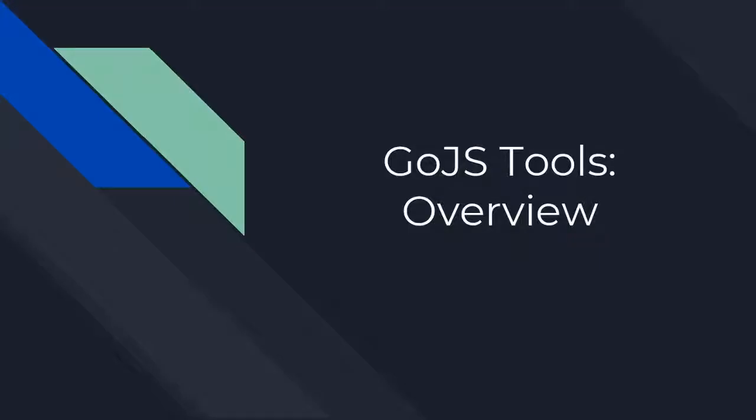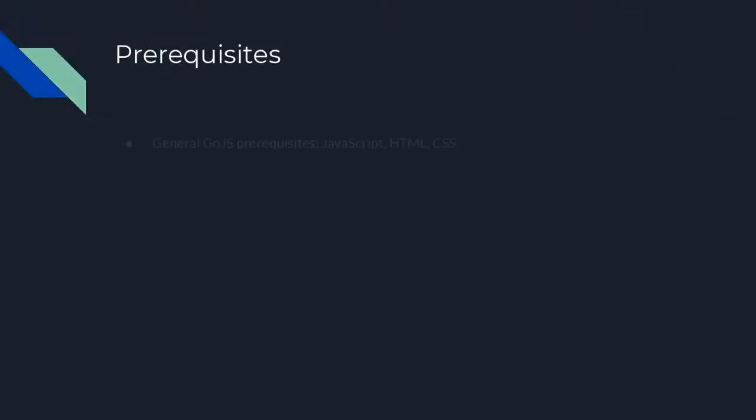This video will broadly explain what tools are and how they work in GoJS, covering some basic class properties and functions. Further detail on specific tools can be found in our other tools videos. Using GoJS requires programming in JavaScript and familiarity with HTML and CSS. Additionally, this video assumes you understand the basics of GoJS, which are covered in the GoJS Beginner Videos series.